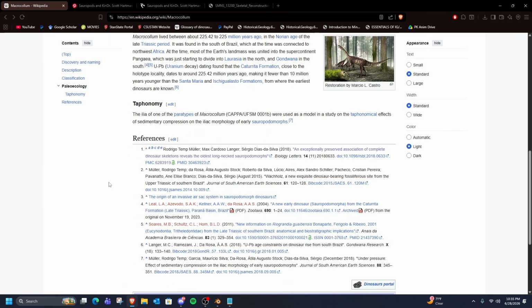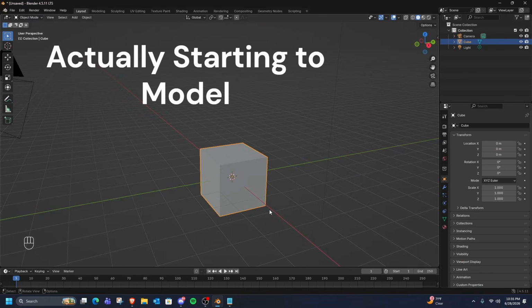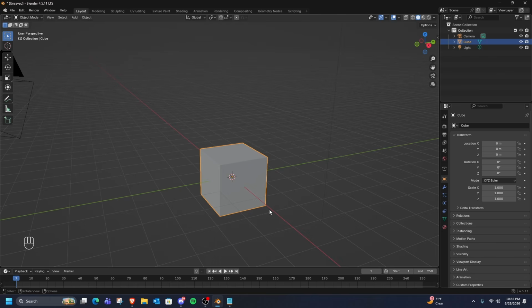All right, enough about dinosaur stuff. You want to know how to model, so let's get into it. The Blender version I'm using here is Blender 4.5, although I used to use 3.6 a lot. The only reason I switched to 4.5 is because there's a lot of technical features that I like doing for other animation projects. The process I'm going to go through is going to work for pretty much every Blender version. The only thing that's going to be different is some location of certain things, mainly just auto smoothing and getting to different lighting properties and stuff. That's fun to view. But all the keybinds are generally going to be the same,